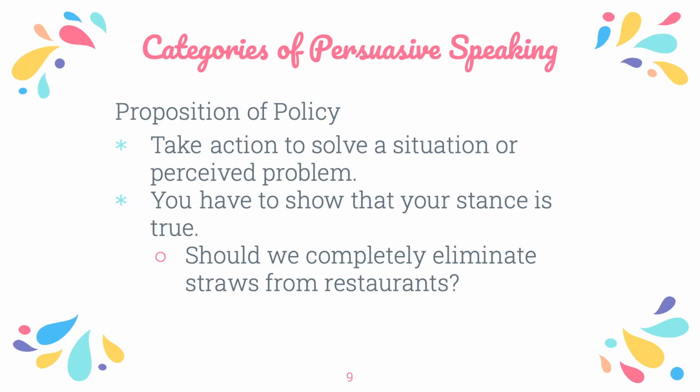So you can talk about the problem of pollution in the oceans, how it is harming the animals and how it is harming us, and then you will be offering us a solution, kind of like what they're doing at different restaurants, where you have to request a straw. Or you can say that we have to bring our own straws, or whatever it is that you feel is the right solution for the problem. So this is the speech that we're going to be doing in this class.